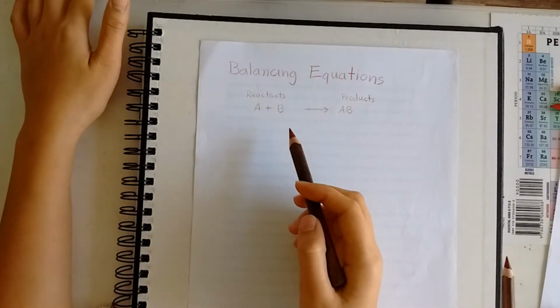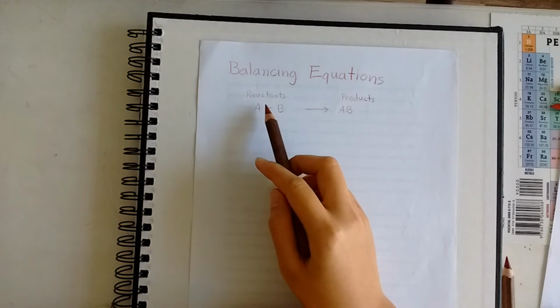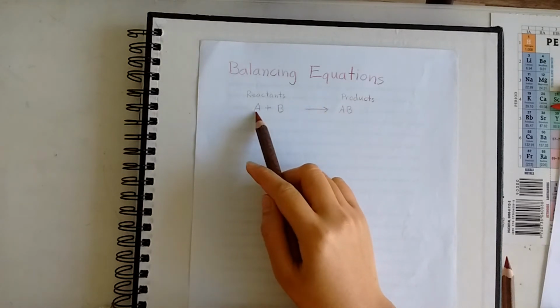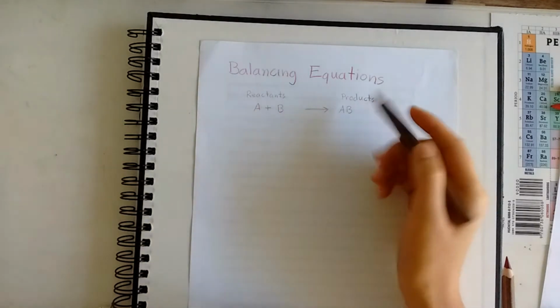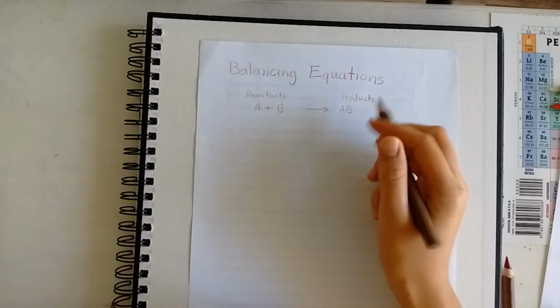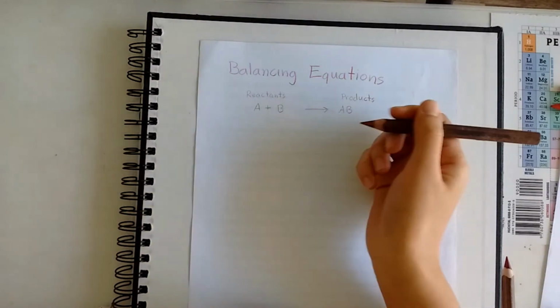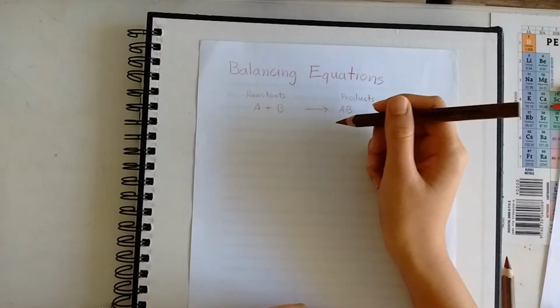Alright, so for balancing equations, we have the reactant side and the product side, right? So these A and B would be the reactants when they're on this side, and AB would be the product on this side. So when we're balancing equations,